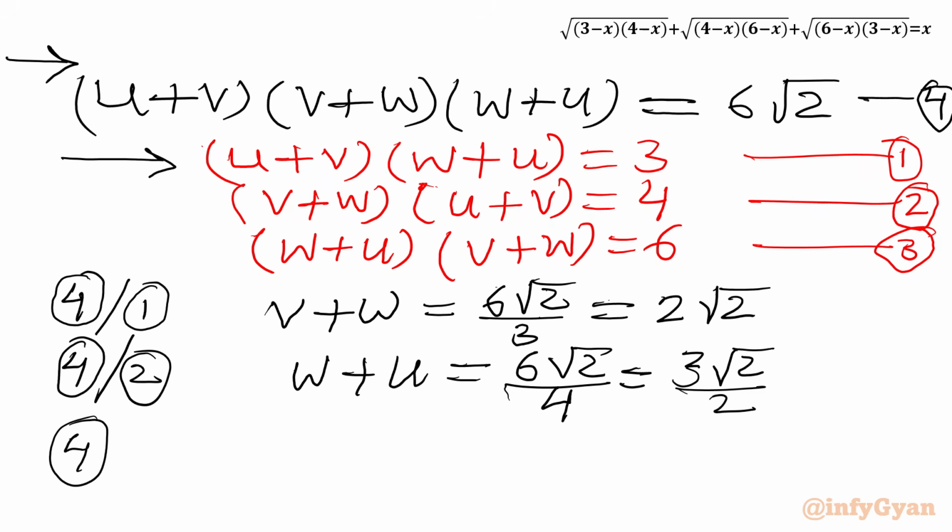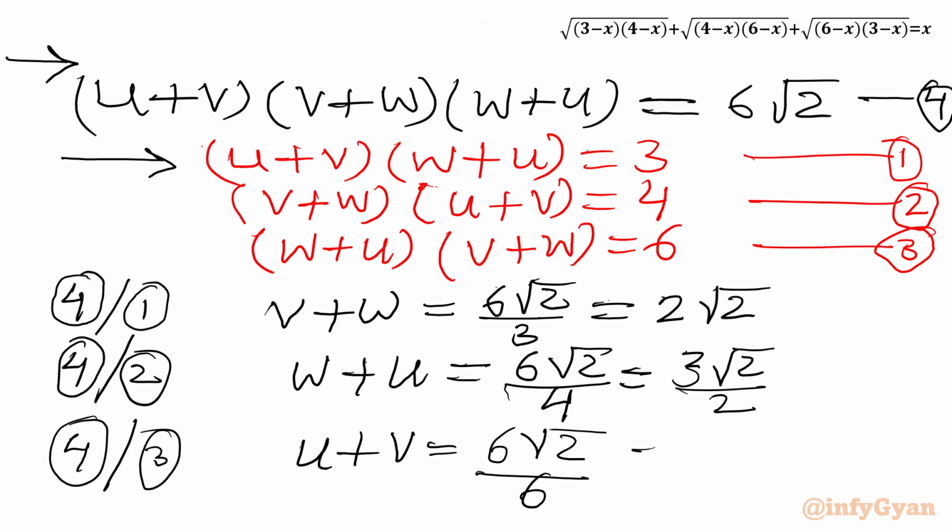Similarly, if we divide 4 by 3, equation 3, we are going to get u plus v, and this will be equal to 6 square root 2 divided by 6, which will give us square root 2. Now we have to add these three equations. So we are going to get 2 times u plus v plus w in LHS. So let me write here, by adding all the three equations,